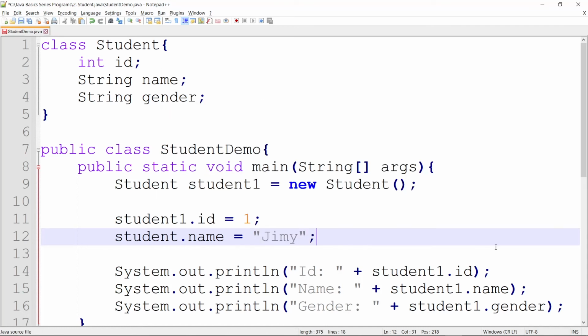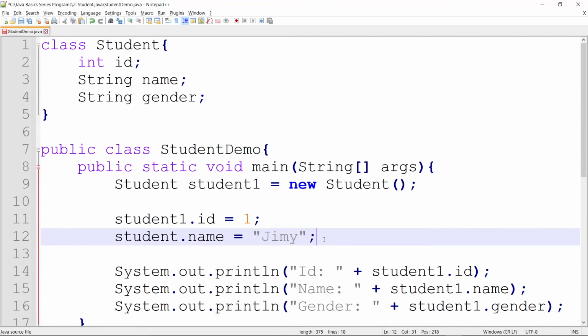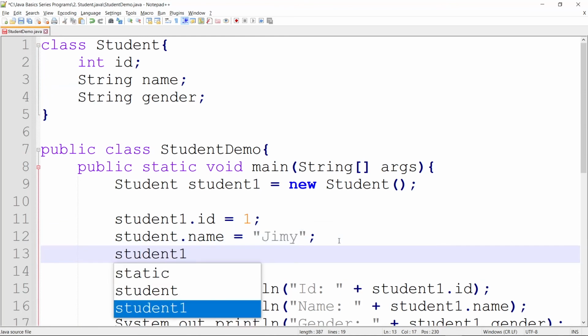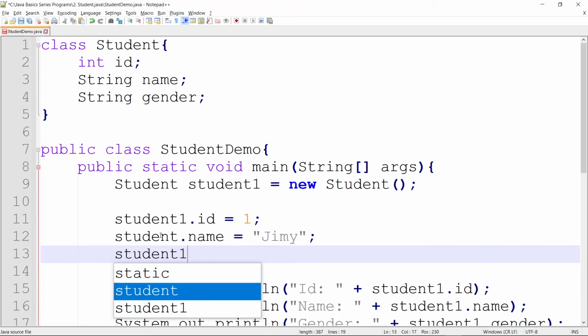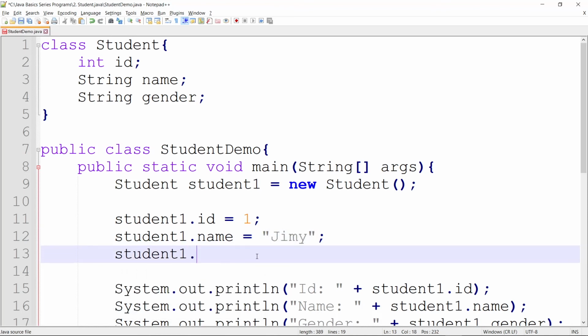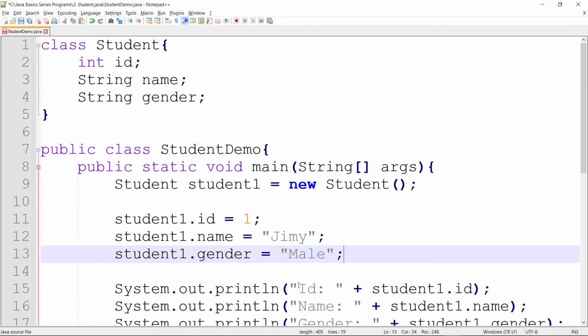Since name is a string, you can see here, we need to put the value inside double quotes. Same for gender, we need to put the value for gender in double quotes too. Oops, sorry. This should be 1, right? So gender. So the value for gender is male for Jimmy.